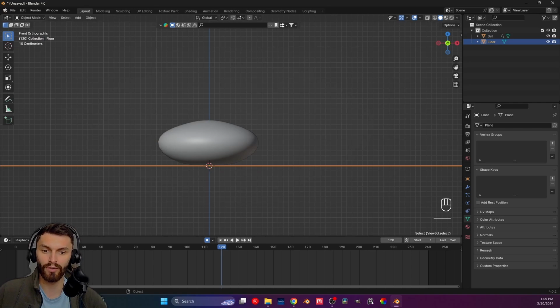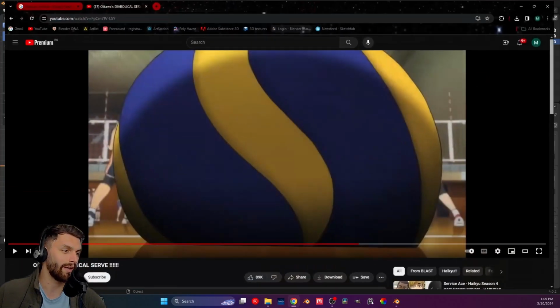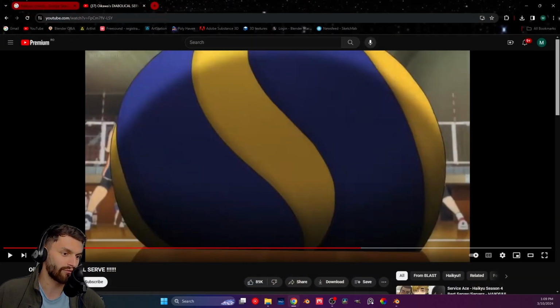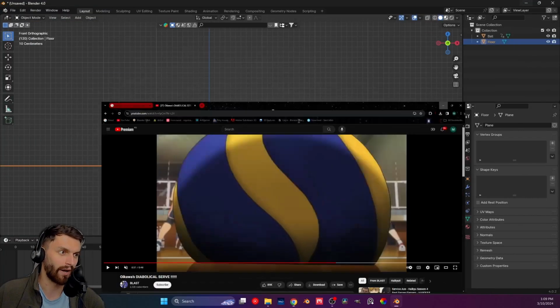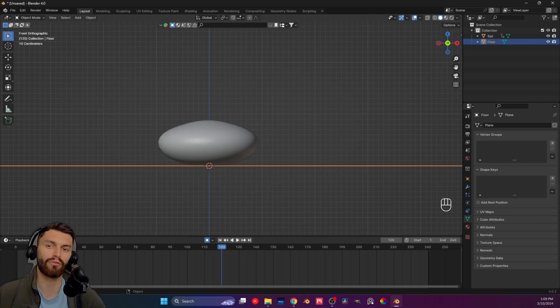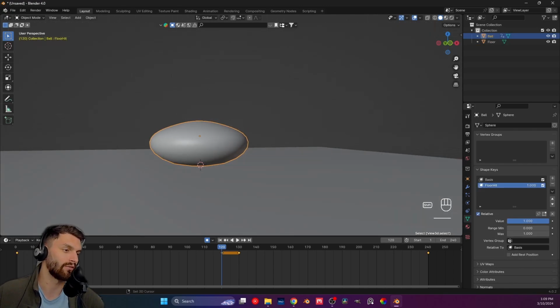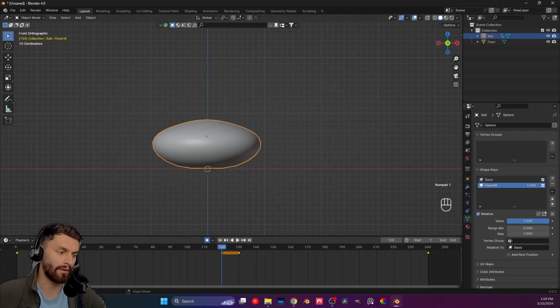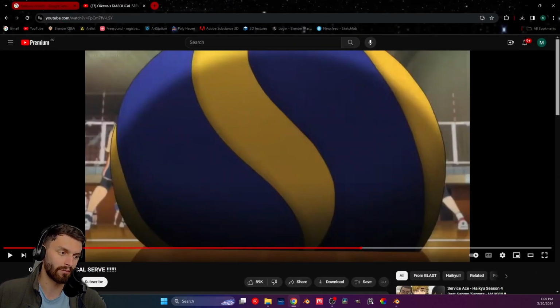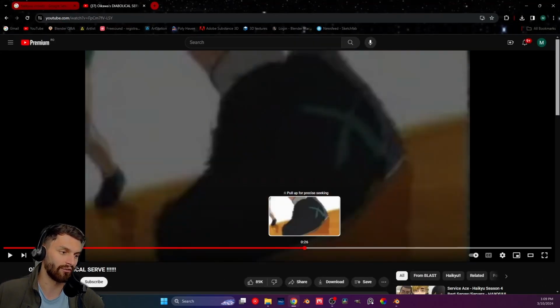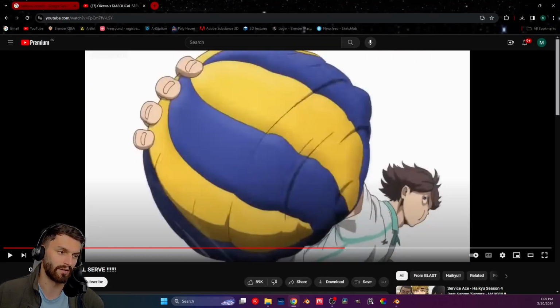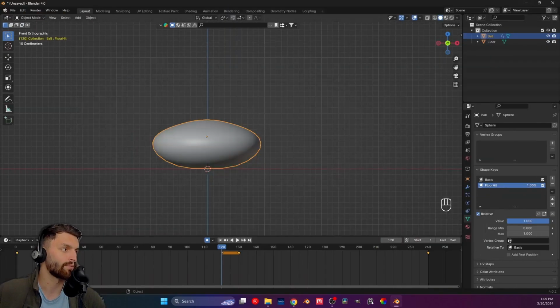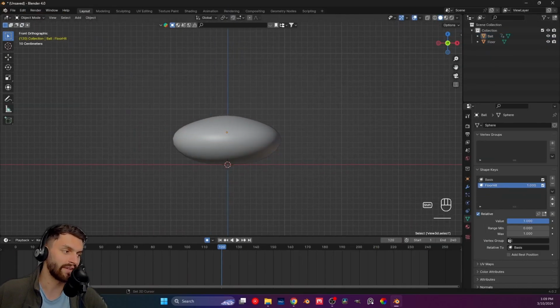And if you're wondering why I'm choosing it this way, as you can see in the actual reference, when the ball hits the floor, it's flattening a lot. Again, this is not how an actual ball works, but it does work for our anime-like look, so why not? And yes, I am exaggerating even more than the anime, but I'm trying to get the feel that they get in here, right? Well, the whole ball distorts. That's kind of what I want, but just for the floor. All right, good. Having that out of the way,